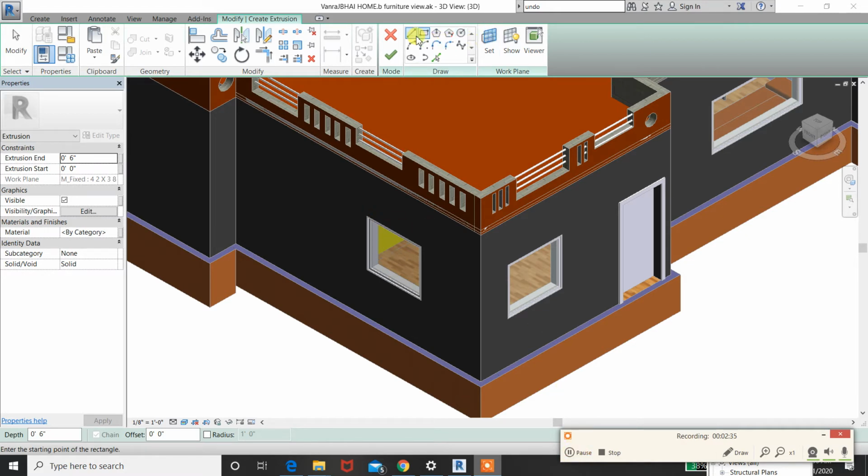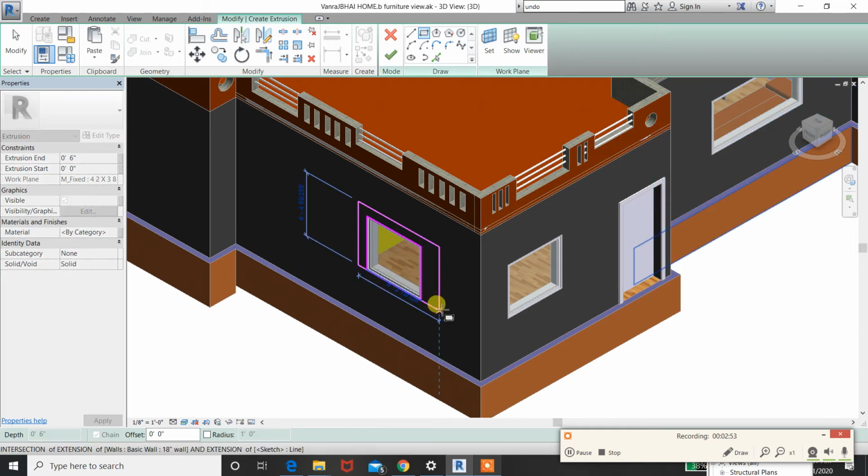I have selected this rectangular and now I will make a rectangle for this window. Okay, now I have done. Now make another rectangle surrounding this existing rectangle. This rectangle I have done.